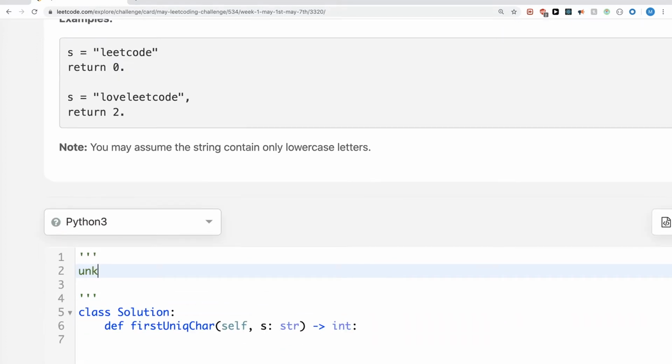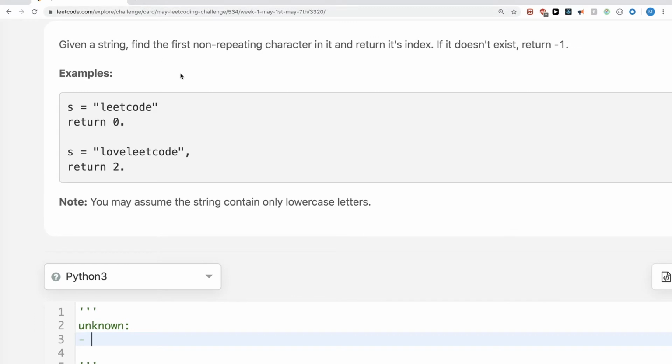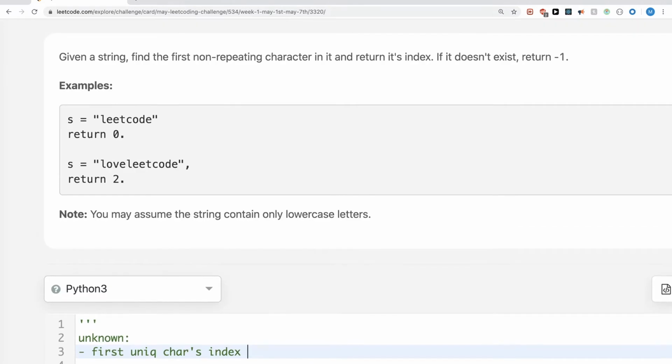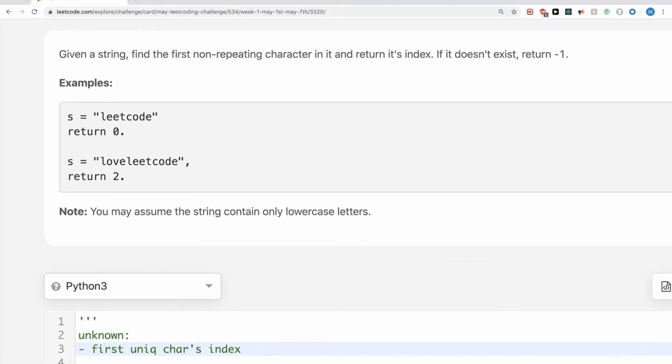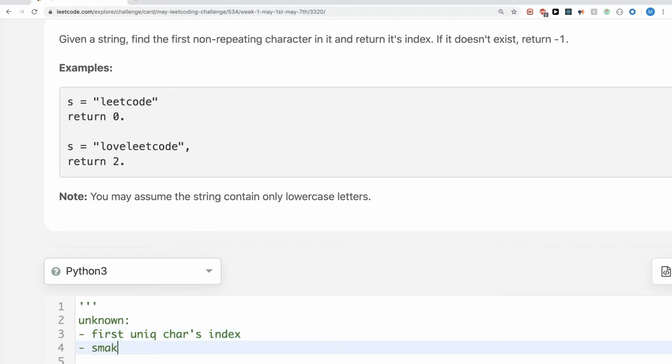So what we are looking for here is the first unique character's index, right? And if not found, we want to return -1. So basically, the smallest index of characters that